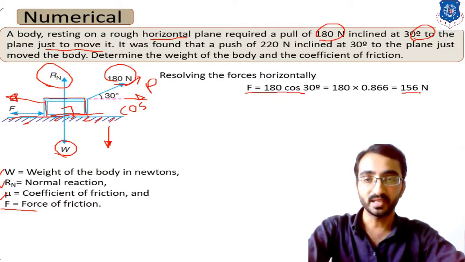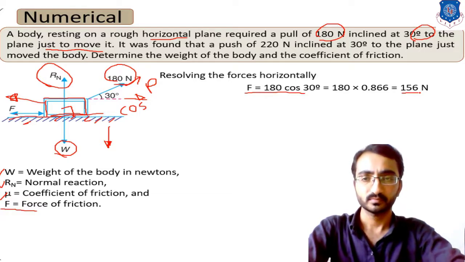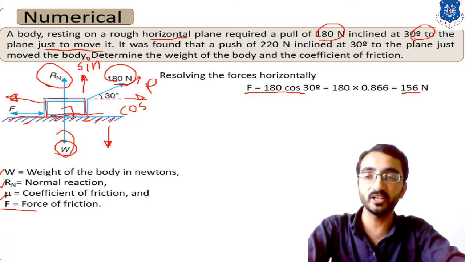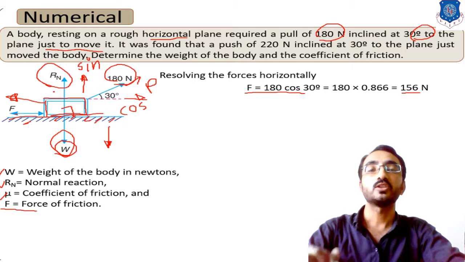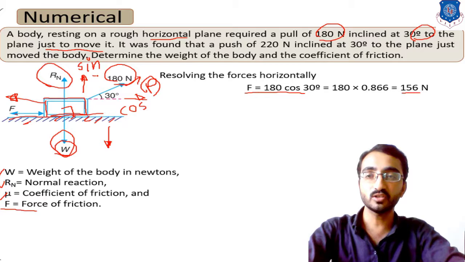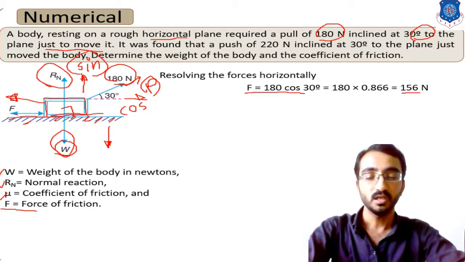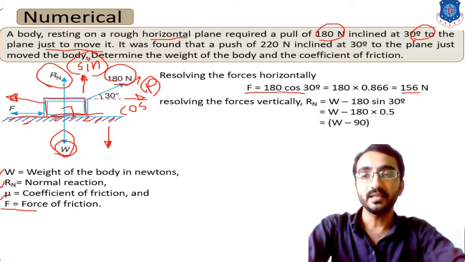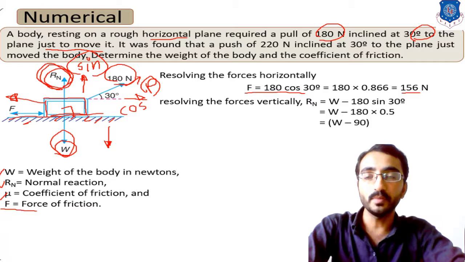Now similarly we can resolve in the vertical direction also. In the vertical direction the component will be in the upward direction, and that component will be sin alpha. So we can say that for vertical forces there are three components. First, the weight of the body, which is in the downward direction; the normal reaction, which is in the upward direction; and the sine component of this external force, which also acts in the upward direction. Okay, so for horizontal and vertical equilibrium, let's consider that it is a combination of three components.